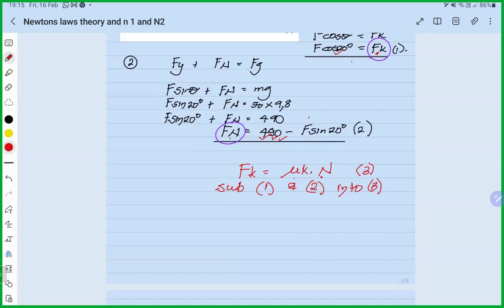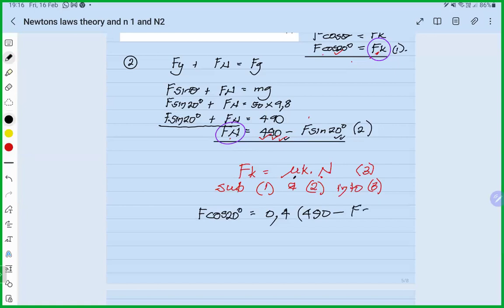So in place of Fk, what do I put now? So you sub equation 1 and 2 into 3. In place of Fk, F cos 20. In place of mu k, here, 0.4. And in place of your normal, here, 490